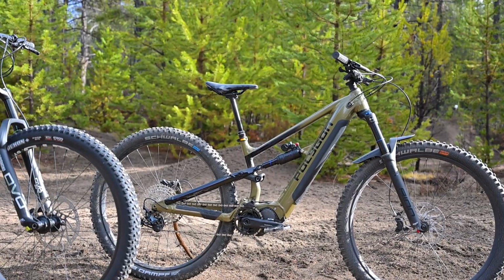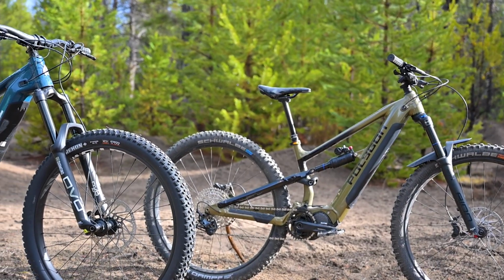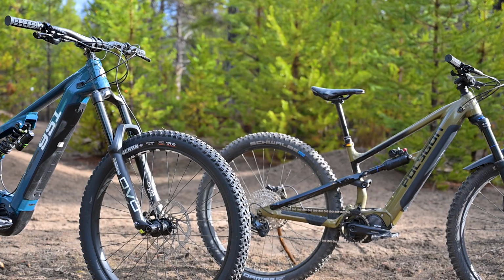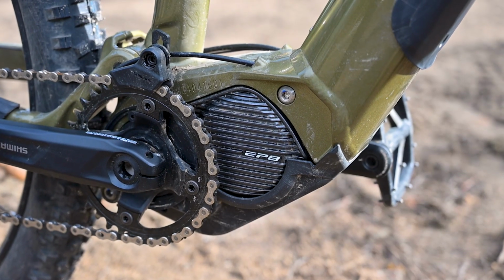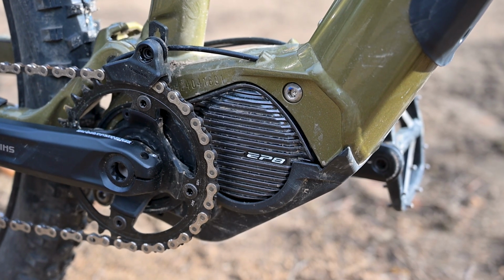the Polygon Siskiu T7E and the Intense 951 E-Xplore, to help you decide which is best for you. We'll take a look at their respective e-drive systems, frame design, components, and of course get into how they feel